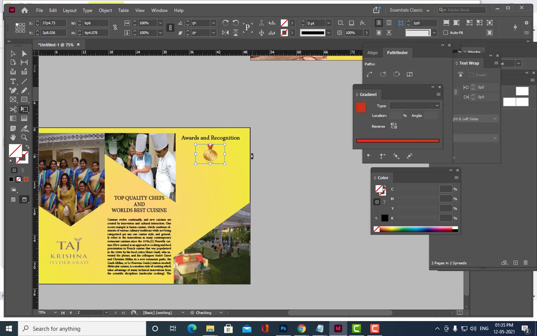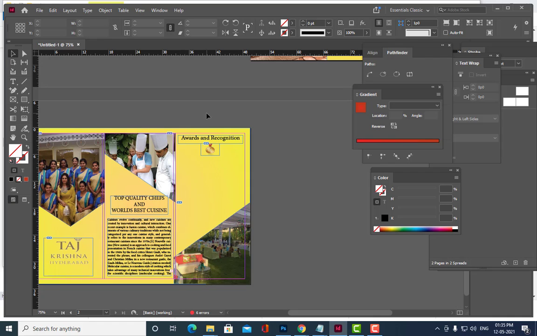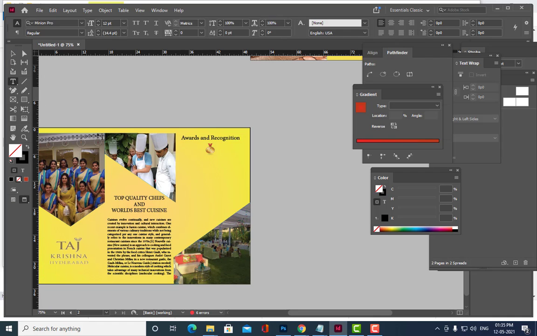Okay, and we can make it a little bit small. See, if you are making it small, use this free transform tool.